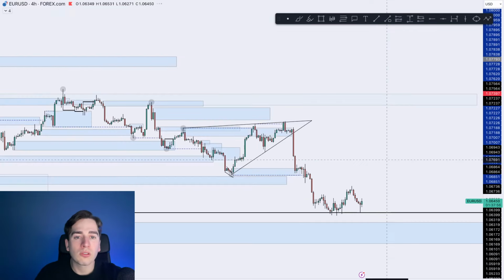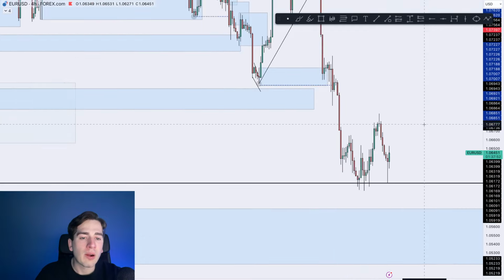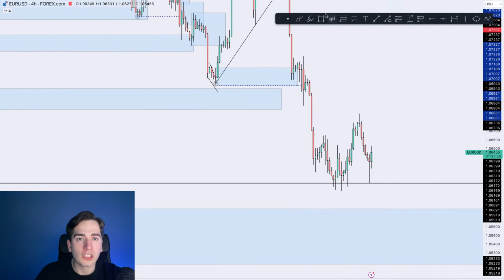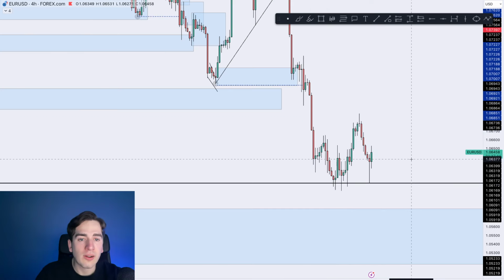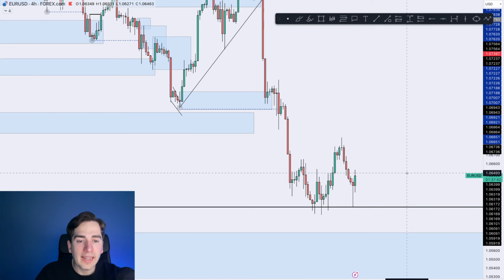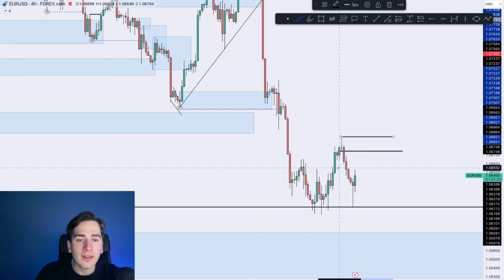Now moving in towards the 4-hour time frame, it then becomes more clear. The overall 4-hour was moving pretty nice and bullish in towards the highs until the news, and now we're just stuck again inside this area of consolidation. What I'm looking for the rest of today is to see if Euro Dollar can start moving back up higher again. Overall we have this area of supply over here. This was your change of character low, the low of this bearish candle over here. So that was your fractal low.